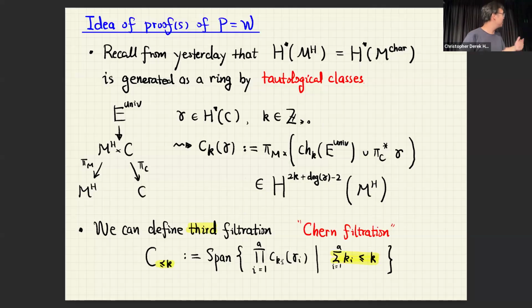So this seems to be a very strange thing to look at, because these classes on the right-hand side have different cohomological degrees, but you don't care about the cohomological degree. You only remember which Chern class you take, and then you filter the total cohomology using that. Because the tautological classes are preserved on both sides of the non-abelian Hodge correspondence, this is a filtration with an intrinsic structure which can talk to both sides, M_H and M_Dol.